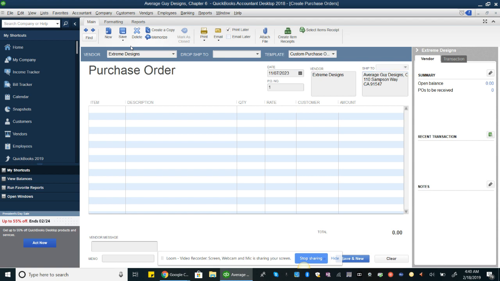Our item is going to be the t-shirt. There it is. Our description comes up, and so now we need to enter the quantity, 25. The rate is automatic. That was what we set as the cost. And if we were doing this order for a specific customer, we would put the customer in here so that it was allocated, but we're not. We're just ordering our inventory. So this is a total amount. We'll get to the memo down here